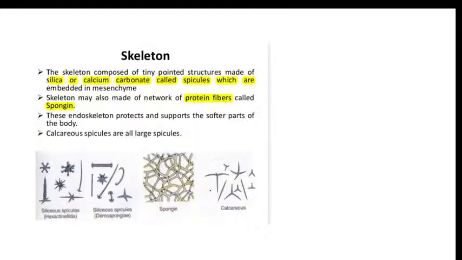Now, this is about the skeleton. The skeleton system is composed of the skeletal system, or the skeleton of the sponge. I have mentioned that it is the